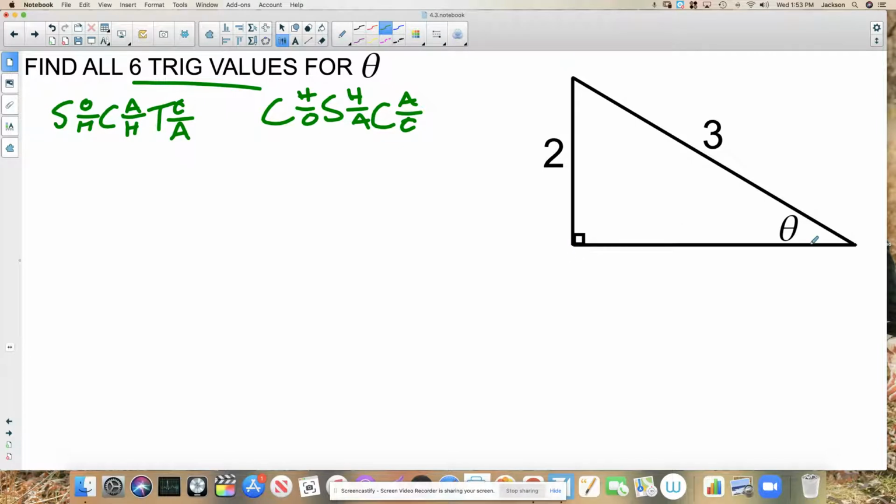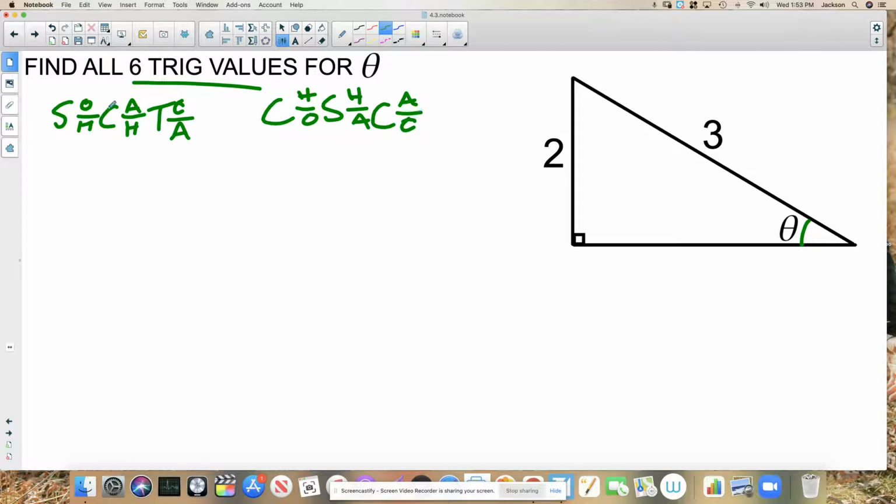So we have our right triangle, we have theta. Remember that theta is the name of any angle, right? And we label the theta on the inside as opposed to the outside. Okay, so just things to keep in mind, different types of notation when we're in pre-calculus as opposed to a standard geometry course. Okay, so first of all, if we're going to start putting together some of these trig ratios,